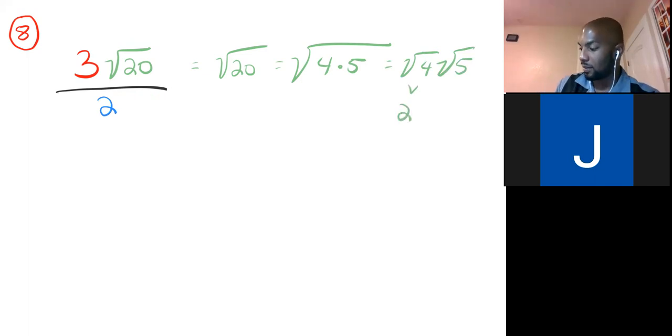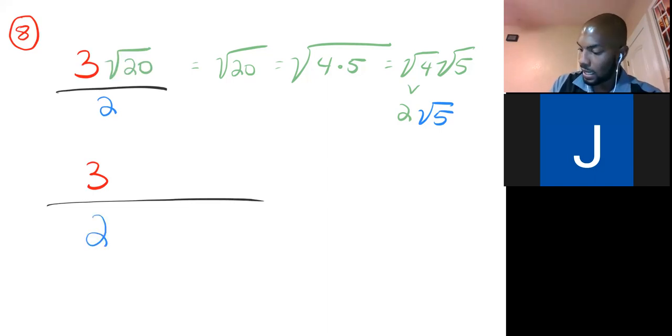The answer to rad 5 is, well, just rad 5. So now what I have, in essence, is the original 3 over the original 2, and the rad 20 has been changed into 2 times rad 5,